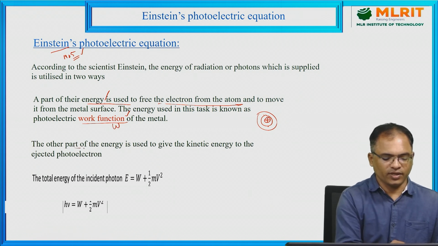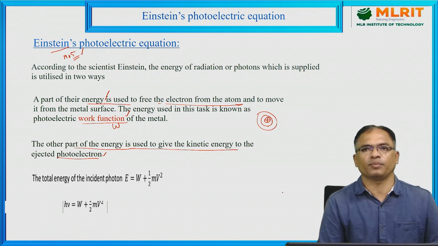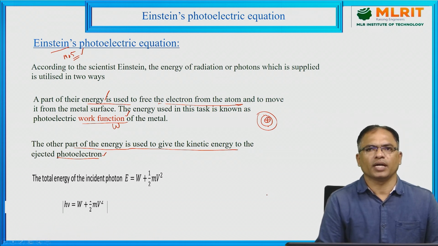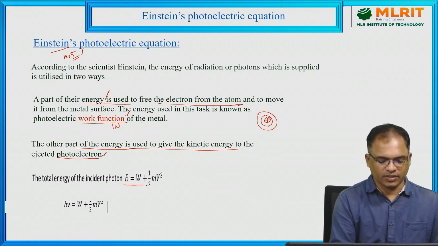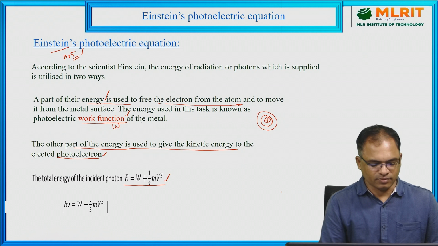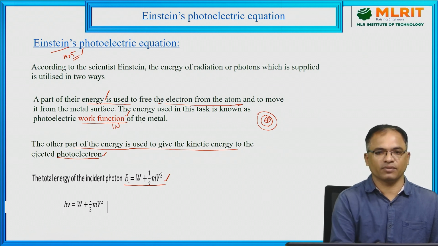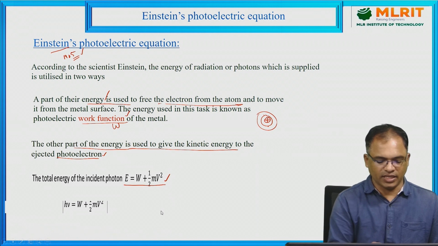The other part of energy is used to give kinetic energy to the photoelectrons. So from these two points we can write the expression according to Einstein. Einstein photoelectric equation is given by E is equal to W plus half mv square, where E is nothing but